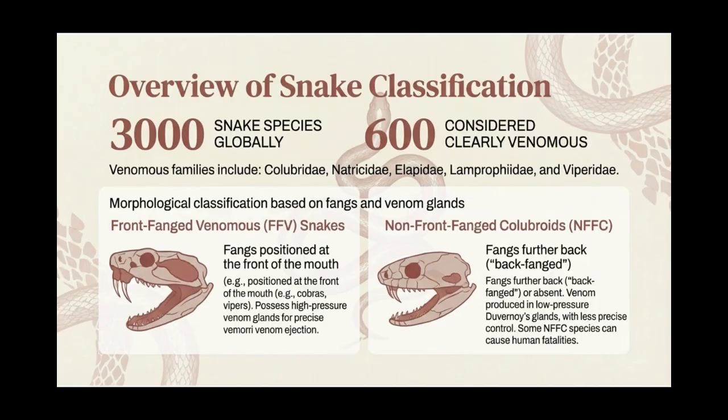Within the scientific community, there is ongoing debate about the definition of venomousness. Some researchers advocate a broader concept that would include nearly all snakes, many lizard species, and other vertebrates, a view known as the Toxicofera hypothesis. This broader definition is largely rejected by most toxinologists, who maintain more specific criteria for what constitutes a venomous animal.